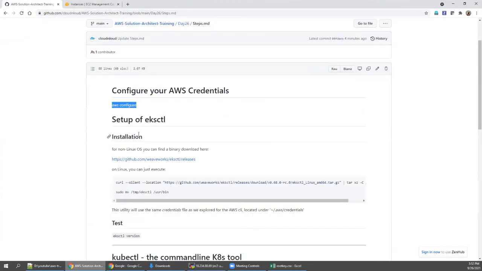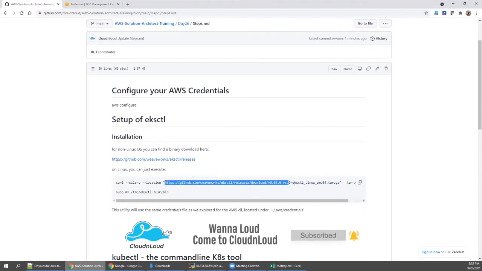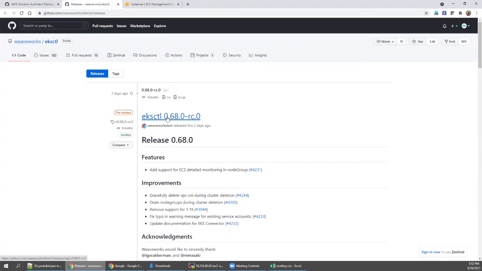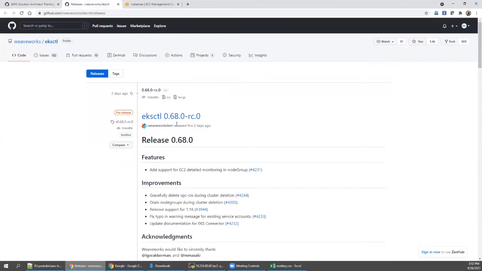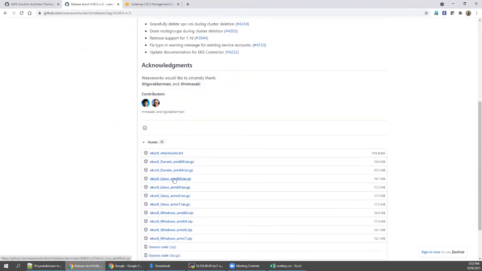Then come down. Now we need to configure eksctl. Some of you may find this URL is not working because they update it frequently. So go to this URL, github.com/weaveworks/eksctl/releases. As of now it is 0.68, which is exactly what I have provided. If the URL is not working, check the correct one here, take the available file with the URL, copy the link address and replace this URL.